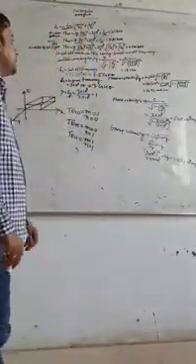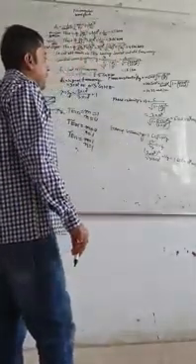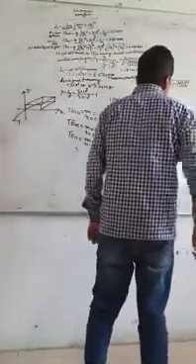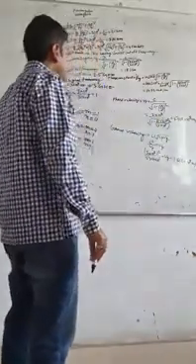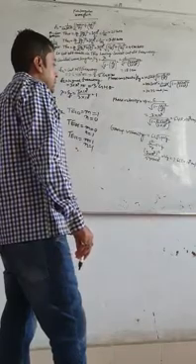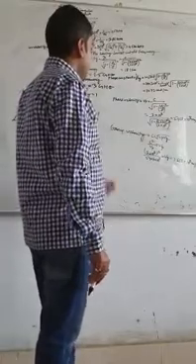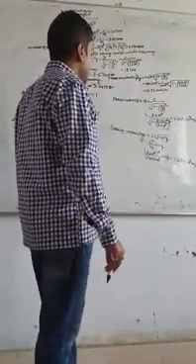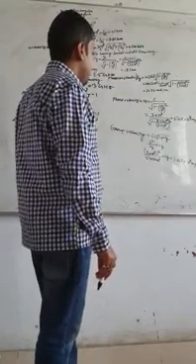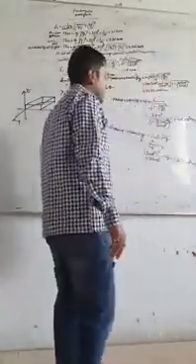Phase velocity Vp is c by root over of 1 minus (fc by f) whole square. This is 5.428 into 10 to the power 8 meter per second. For group velocity, c is equal to root over of Vp into Vg, so c square by Vp equals Vg. So Vg is equal to (3 into 10 to the power 8) whole square divided by 5.427 into 10 to the power 8. So it is 1.658 into 10 to the power 8 meter per second.